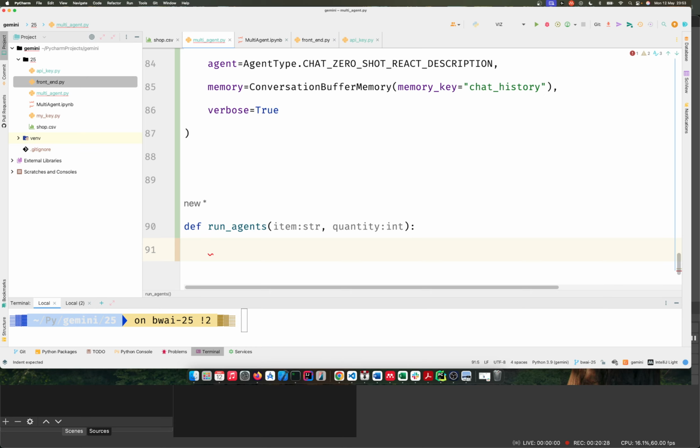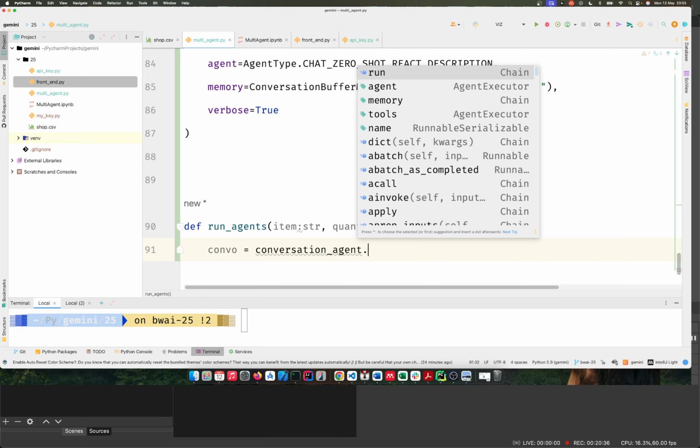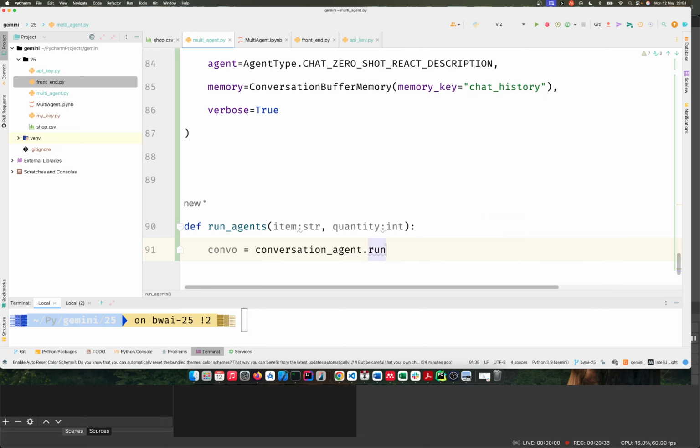Then we can now say combo, short for conversation. This is going to be our conversation agent. For this we just say, tell me what